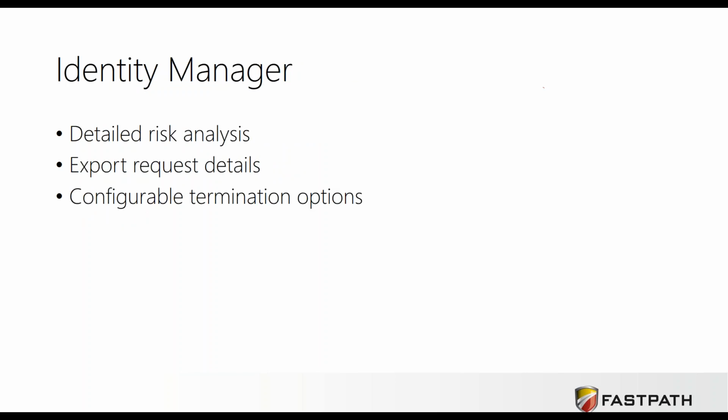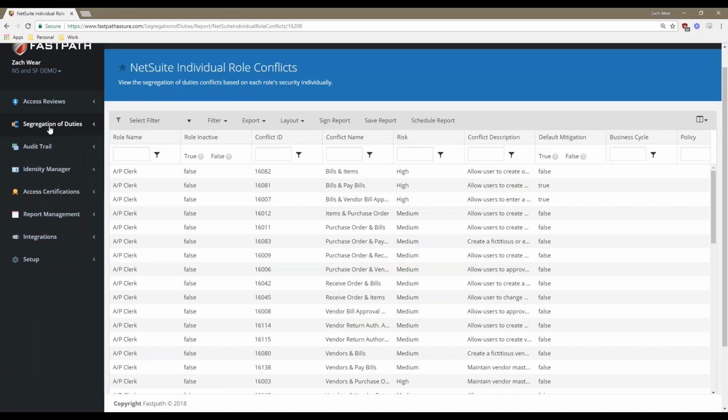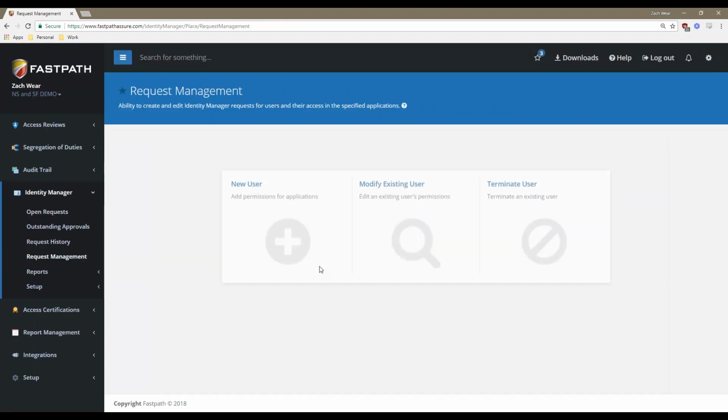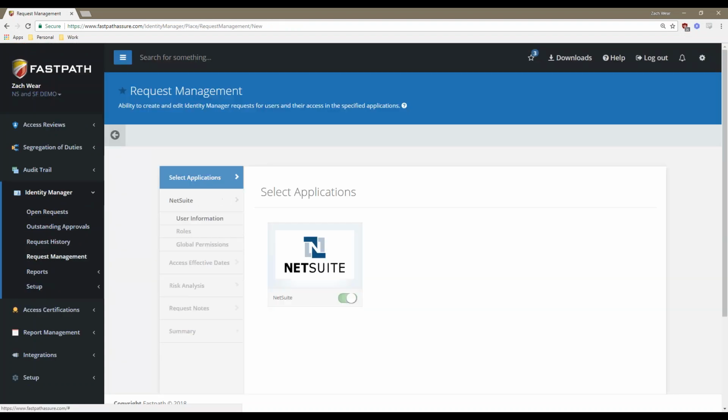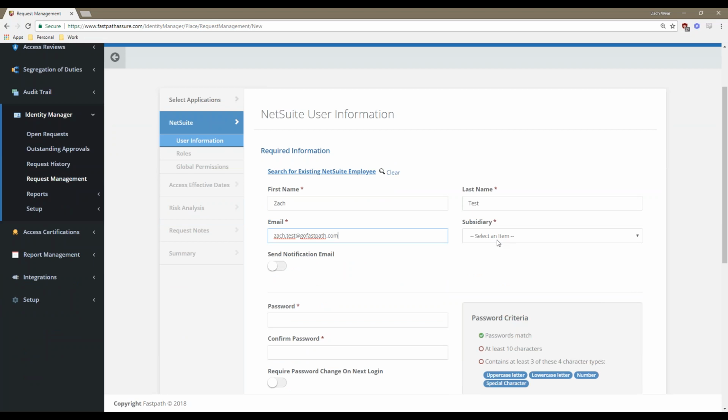Next is Identity Manager. So a few updates here. First one, the detailed risk analysis. So again, we can jump back into the application here. Now with the detailed risk analysis, if you remember previously, we'll actually go through and create a new user here. Previously in versions of the risk analysis, you would just see a given user conflict that might be generated. Now with the detailed version,